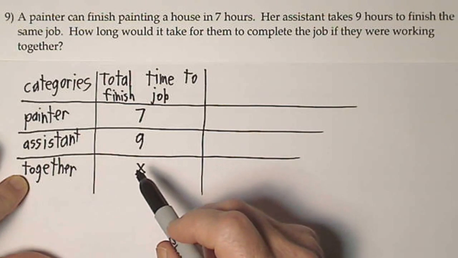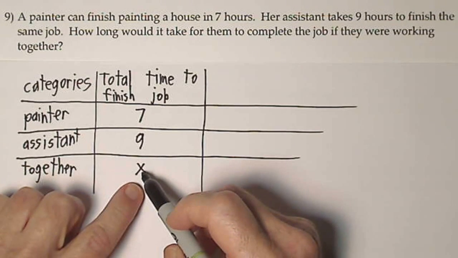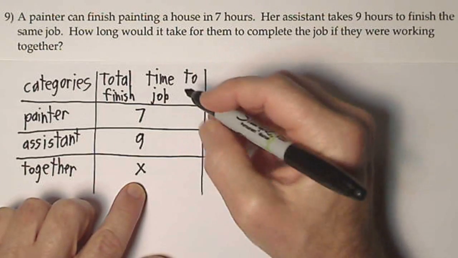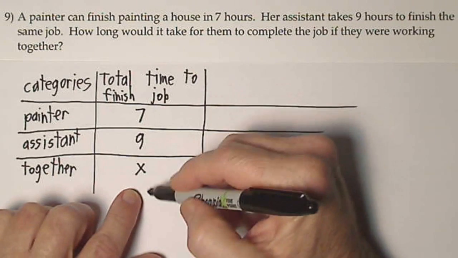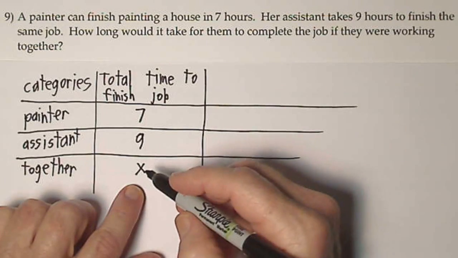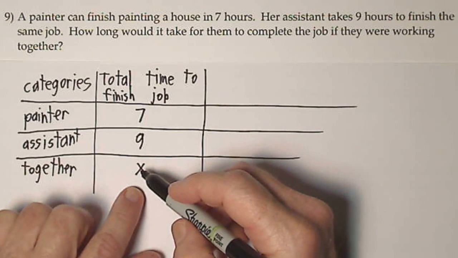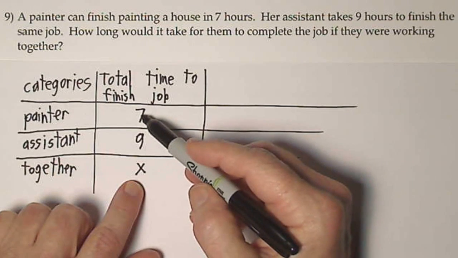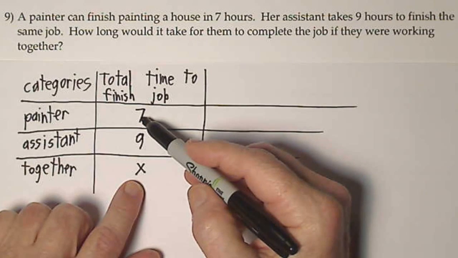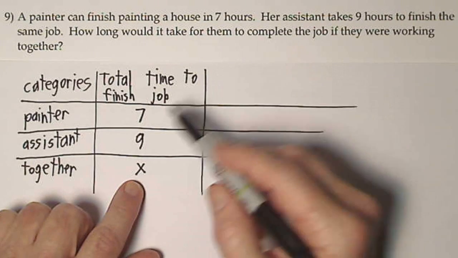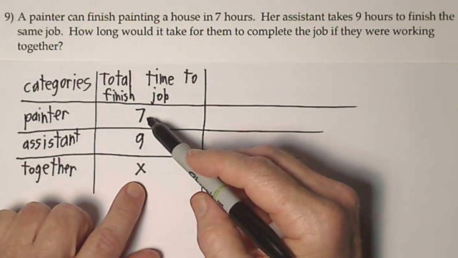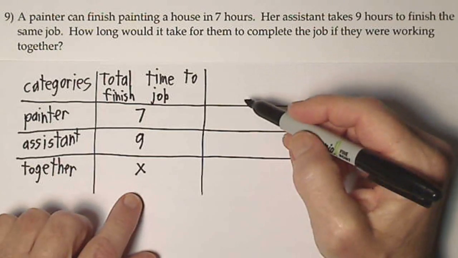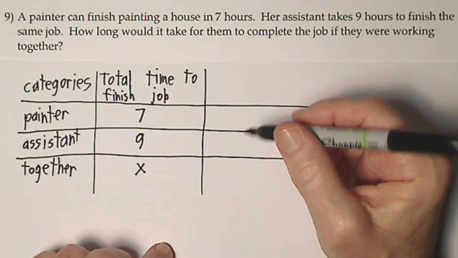And if you think about it, I guess this is consistent. Usually we try to get a variable in this first box, and it appears that I've done so. But the point I want to make here is when they work together, it better be less than 7 hours, right? If the person can do it in 7, and it's a woman, if she gets help, she better be able to do the job in less than 7 hours. All right. But the trick that you use for actually solving this, and it's a pretty cool trick,